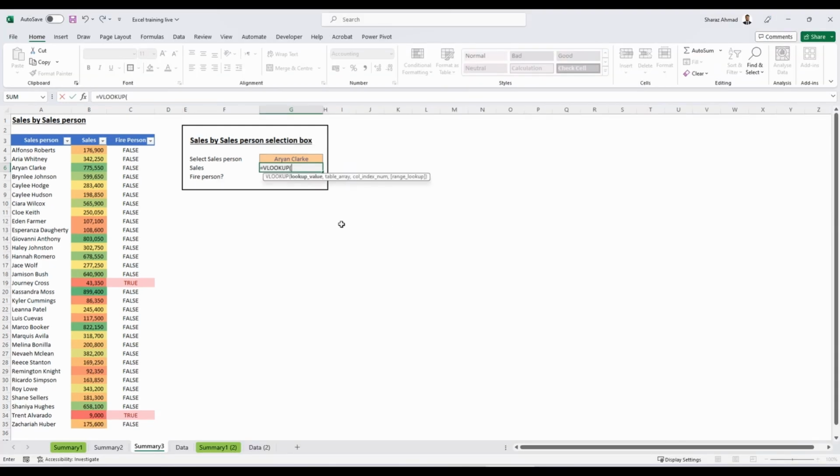VLOOKUP equals VLOOKUP. Lookup value is this. We want to look up this value. Table array is this, or you can increase this just in case you add more values. And column index number: this is column 1, column A, this is column 2, column B. We want to get the output from column 2, so we'll type 2, and for exact lookup we'll use 0